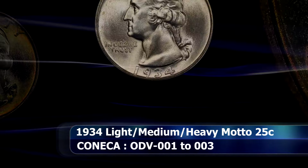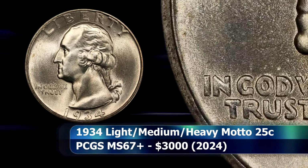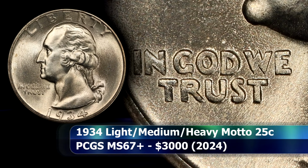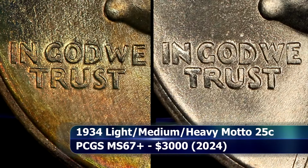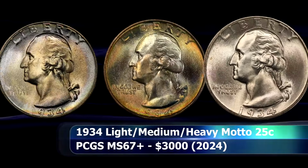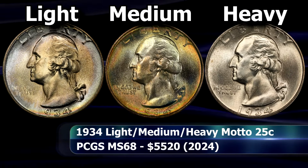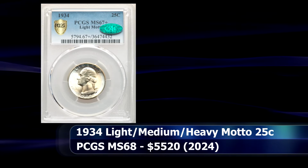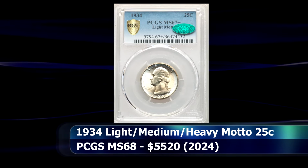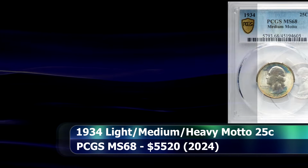Then there is the heavy motto coins, also called the type of 1936 obverse, which is completely different. The letters are all heavy set or thicker, with this time the center tip of the W being higher than the other 2 upper points of that same letter. So looking at the auction results, the light motto coin saw a PCGS graded MS67 Plus example that was sold in 2024 for $3,000,